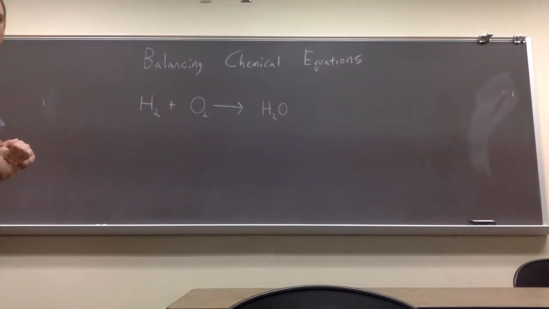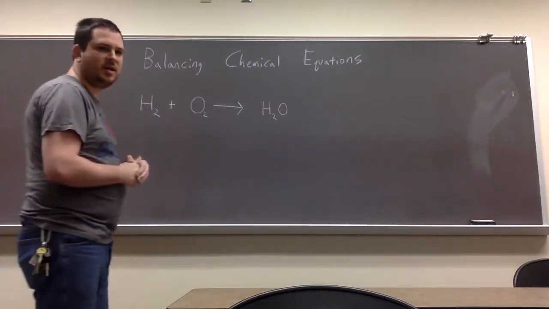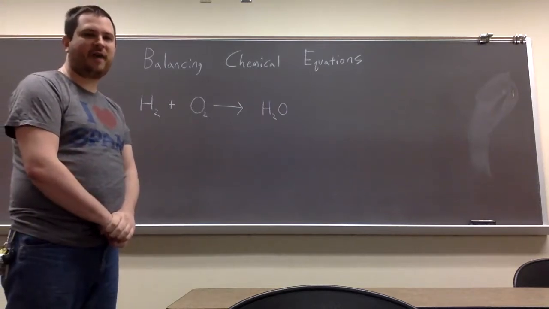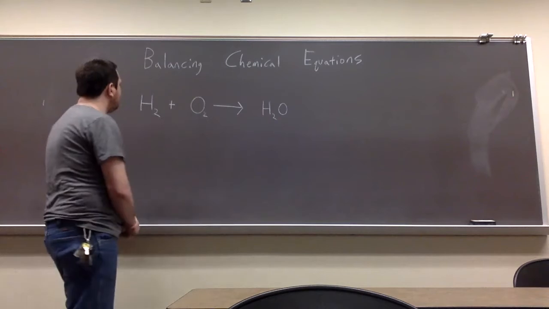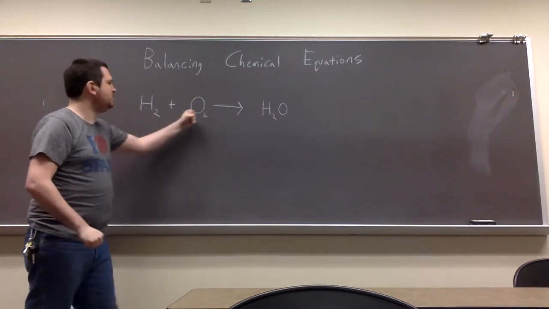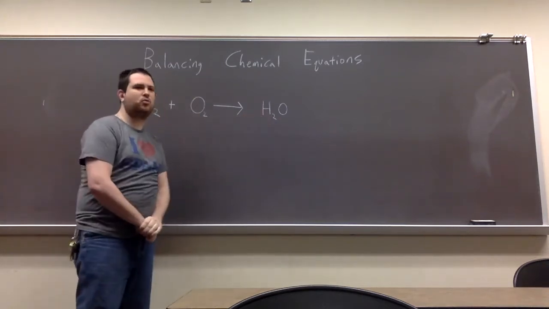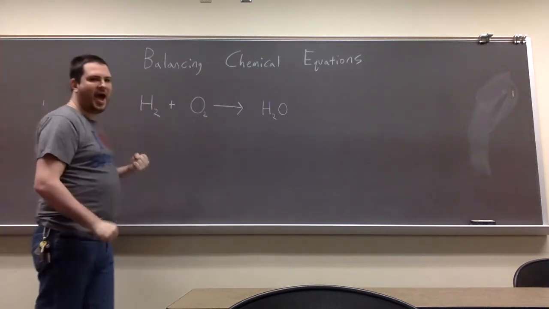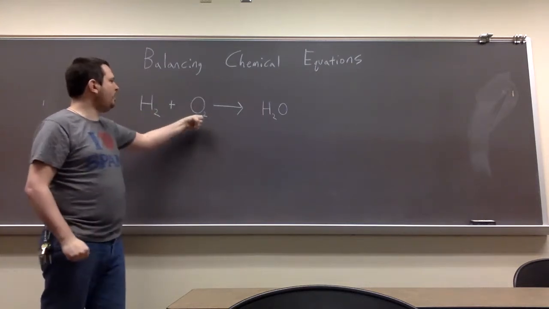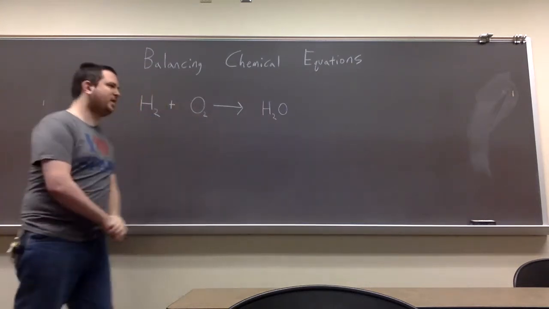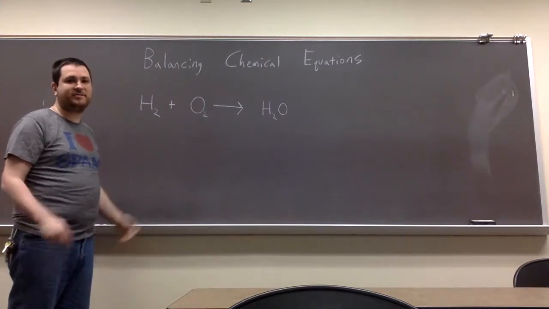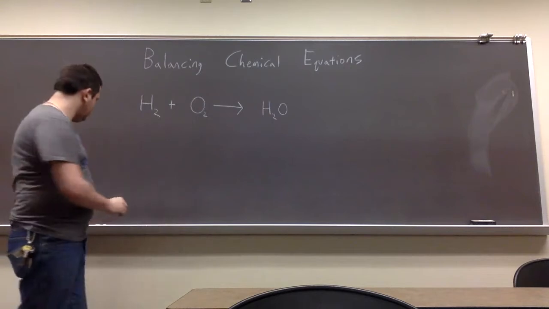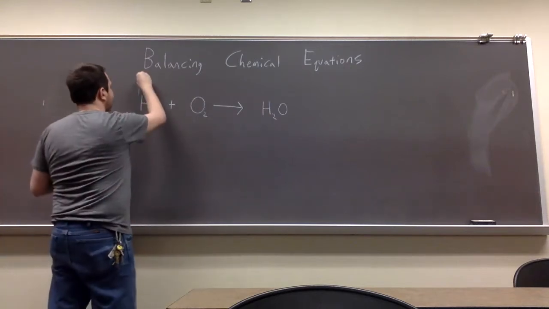So we've already done the first step, and that is write our equation down. We wrote all of our molecules and all of our atoms, so we know what atoms and molecules, what chemicals we are working with. Our second step is we need to write down how many atoms of each element are in the basic equation. So first off, you have to identify what elements you are working with. So here, if you'll remember, are our